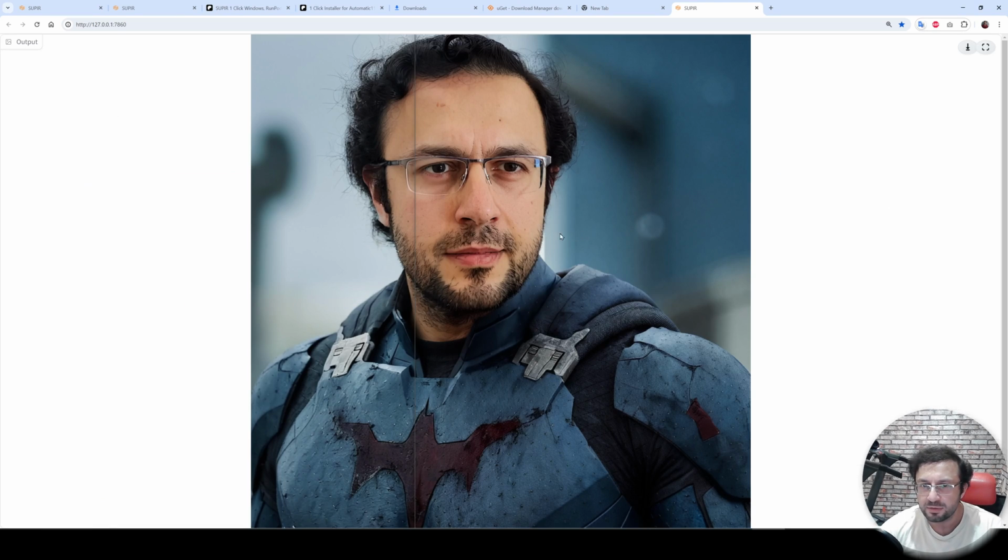Let's compare in full screen. From left to right, you can pay attention to the armor. It became many times better. The face is looking 100% high quality, with no degrade in quality. It is still my face. It is perfectly loyal to the original, and this is a super upscale. There is no other application that can upscale as good as this one.